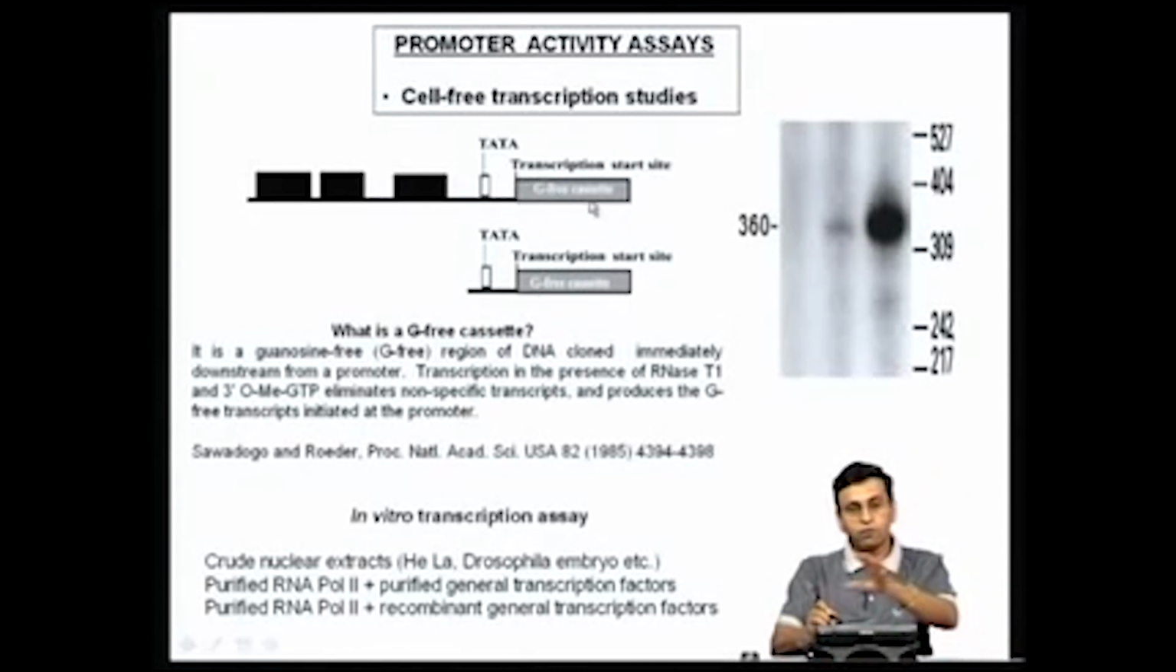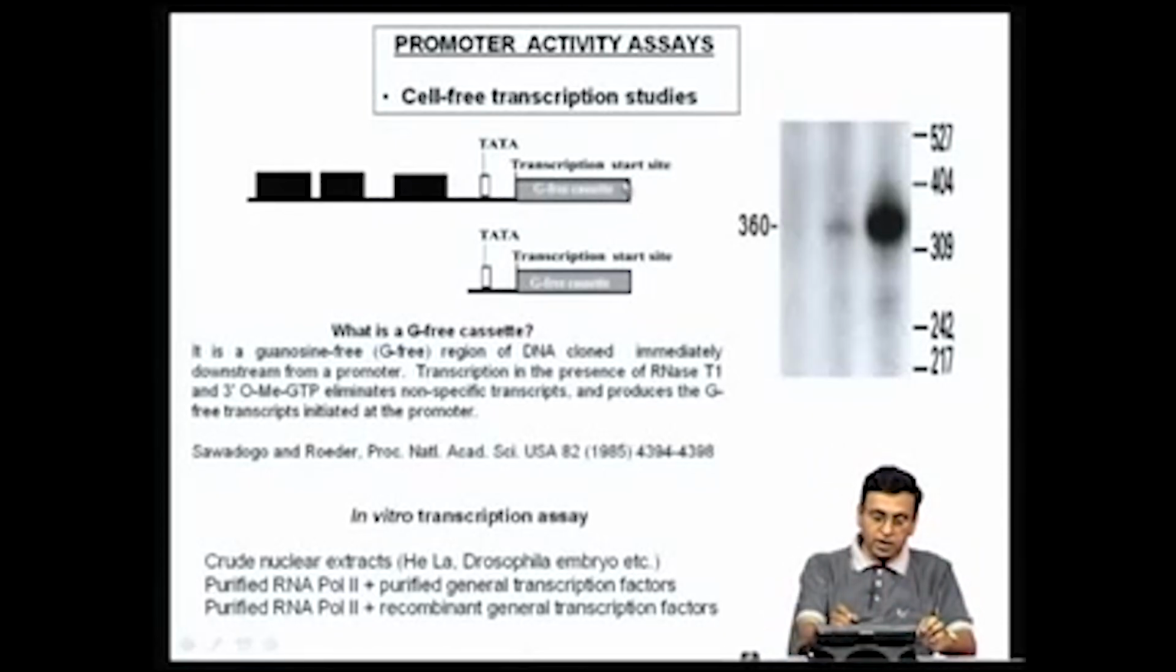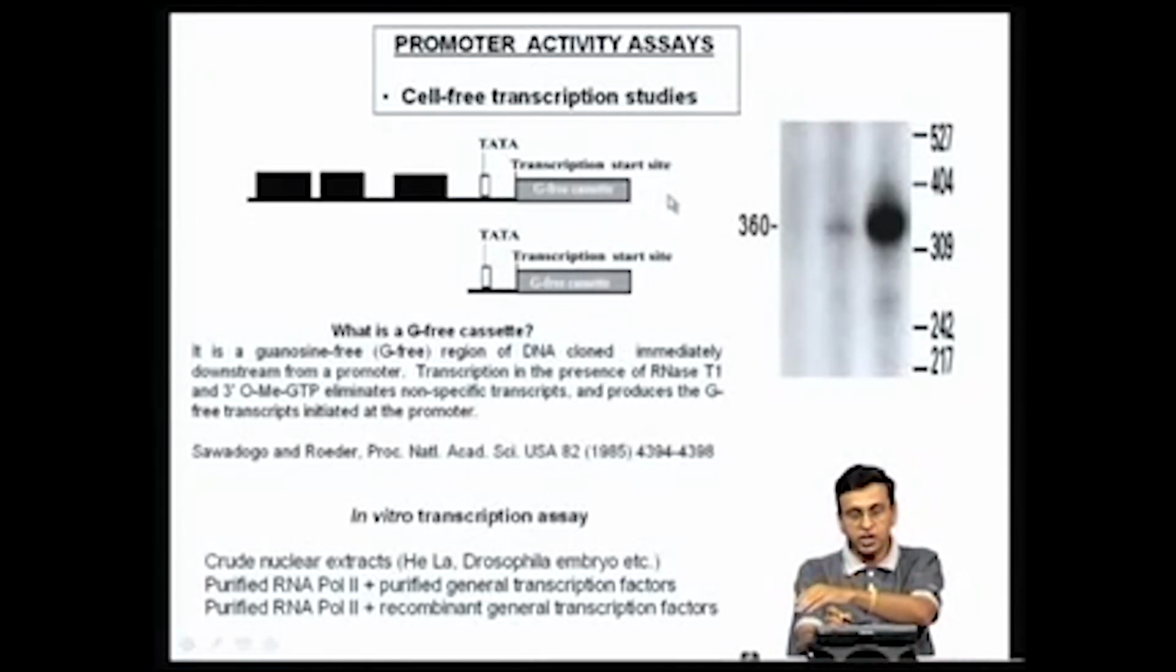transcription start site will be visualized. By cloning G-free cassettes of different lengths, you can get different sizes of RNA, because immediately after the G-free region you again have the normal DNA which contains G, and therefore the O-methyl GTP which is there in your reaction mixture will get incorporated and transcription will not proceed further. So, only your G-free template will be transcribed, and depending upon the size of your G-free cassette you will get